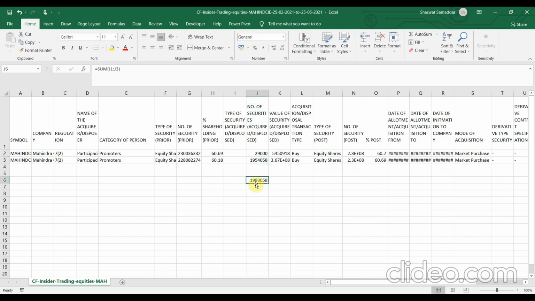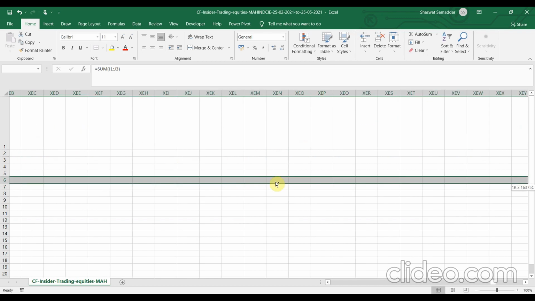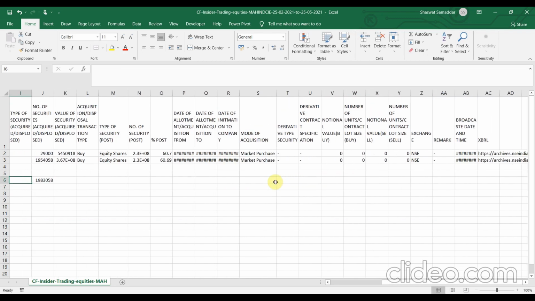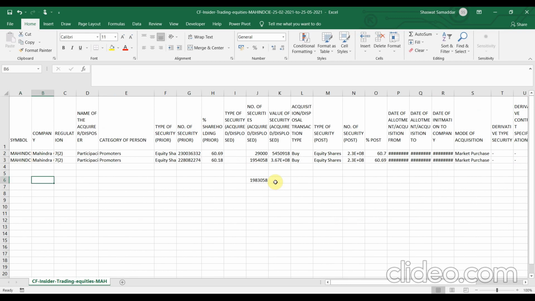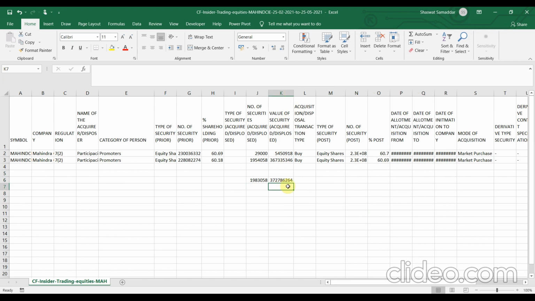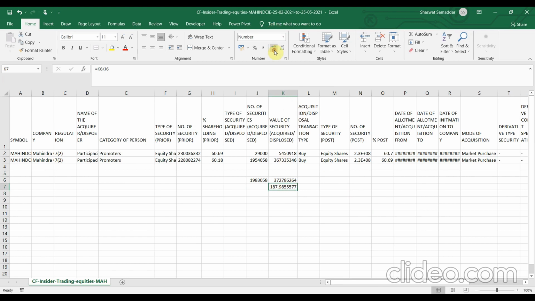This is the total number of securities. Okay, and this is the total value of security. Now it's simple maths. To reach the average price, we will divide the total value of security by the total number of securities. So this particular number here is the average price.